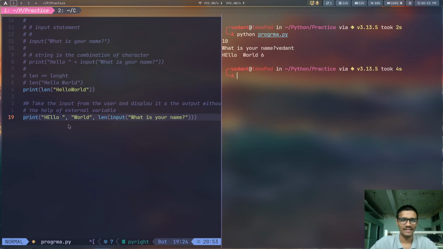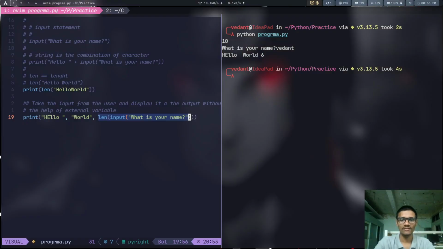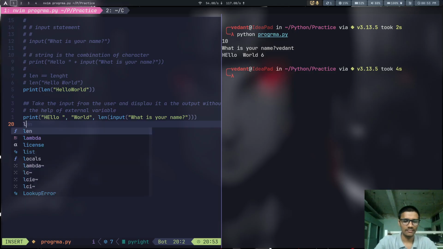The len function calculates the length of the input the user has given. That's its main role, to calculate the length of a string. It doesn't matter what string it is. And it is only applicable to strings, meaning you are unable to use the len function for numbers.